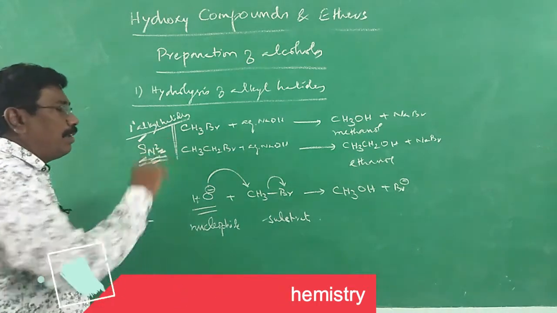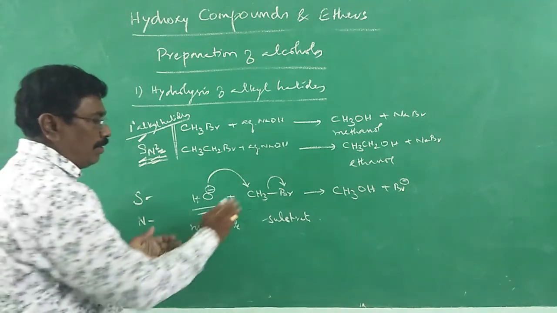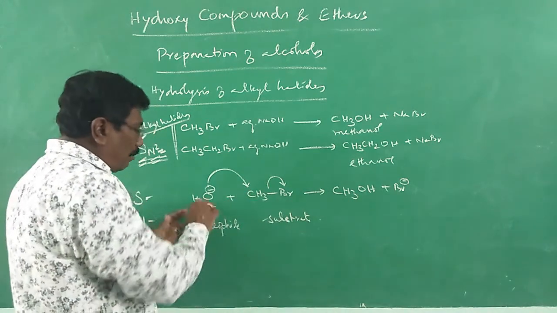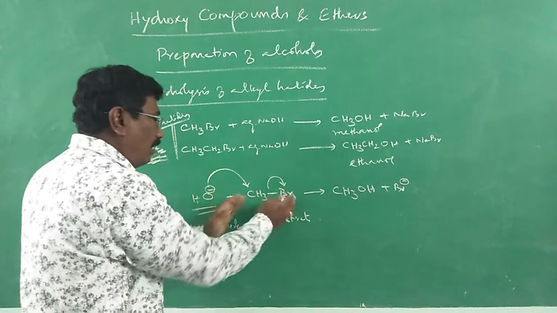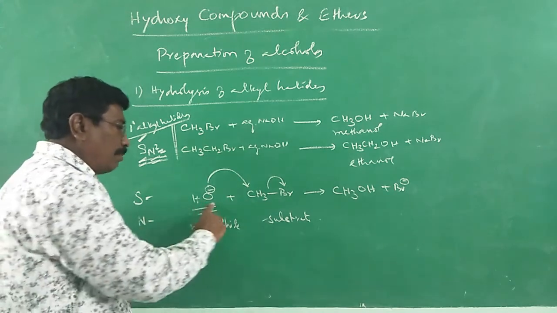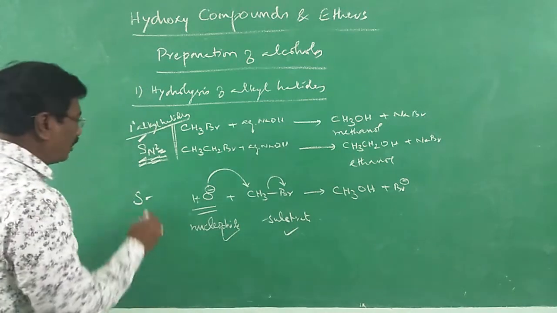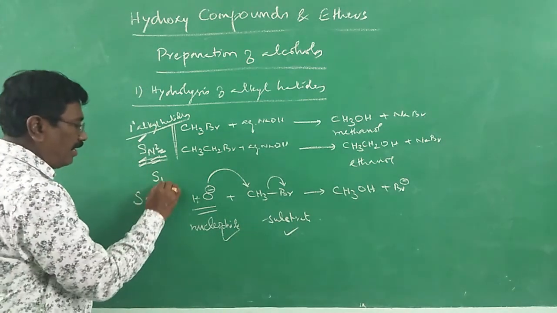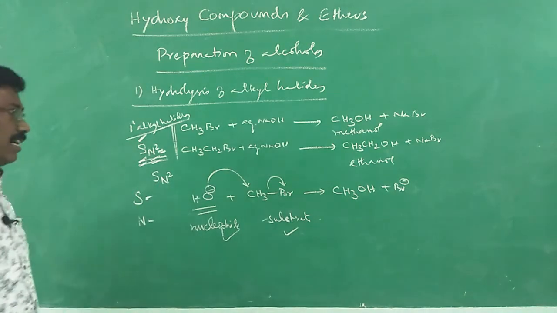Why bimolecular? Both are involved in the reaction. Sometimes what will happen? After the removal of this bond, it may attack. Now both are involved. In the slow step, both are involved. And therefore it is bimolecular, involving both molecules, both substrate and nucleophile. Therefore it is written as S capital letter, N capital letter, with a square. We used to write it in this way, SN2.